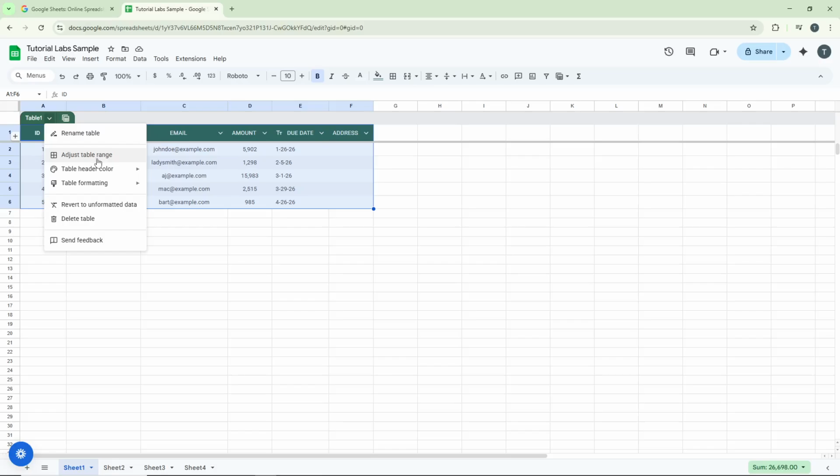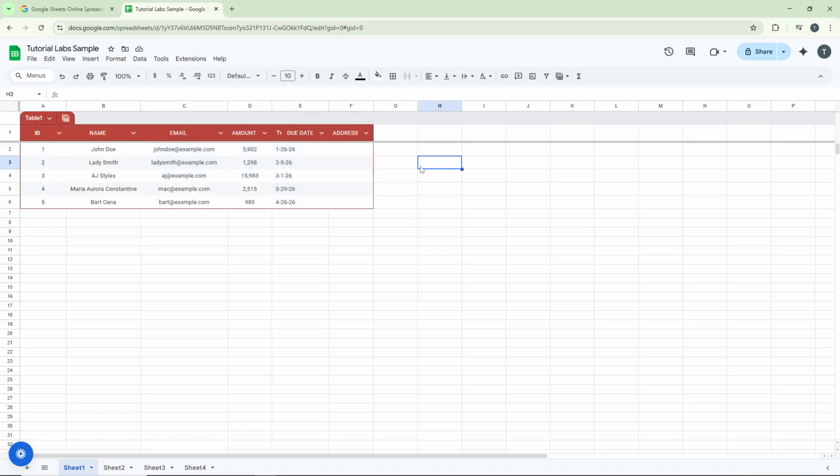Additionally, this menu allows you to edit the table header color, giving your table a personalized touch that aligns with your visual preferences. You can also modify the table formatting to change how the data is displayed within the table structure. And there you have it, you've successfully created and customized a table in Google Sheets, making your data more